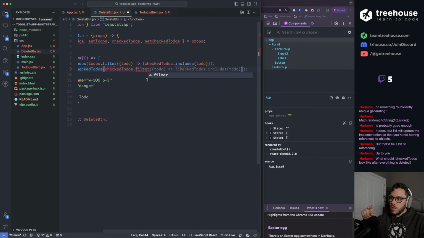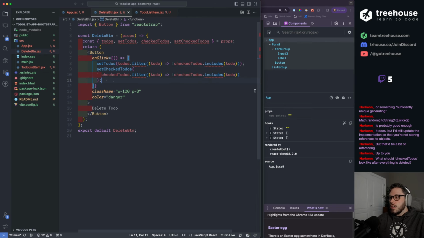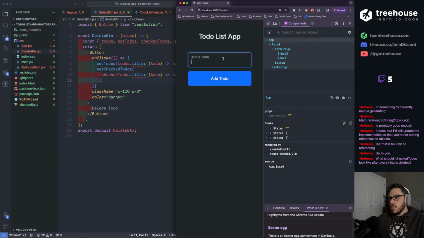Once it's checked, I want it to be in the checked todo state. But when we delete it, I want whichever todos were checked in that state to be removed, I want that state to be empty. Wait, why am I overcomplicating this? I think that makes sense.